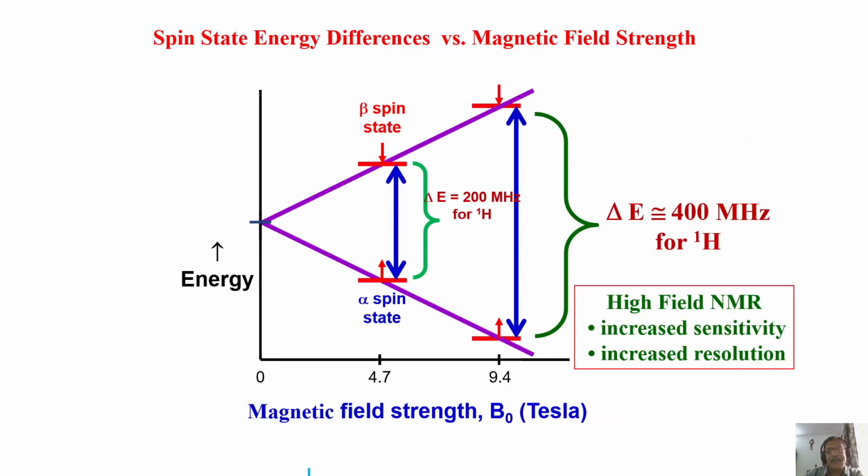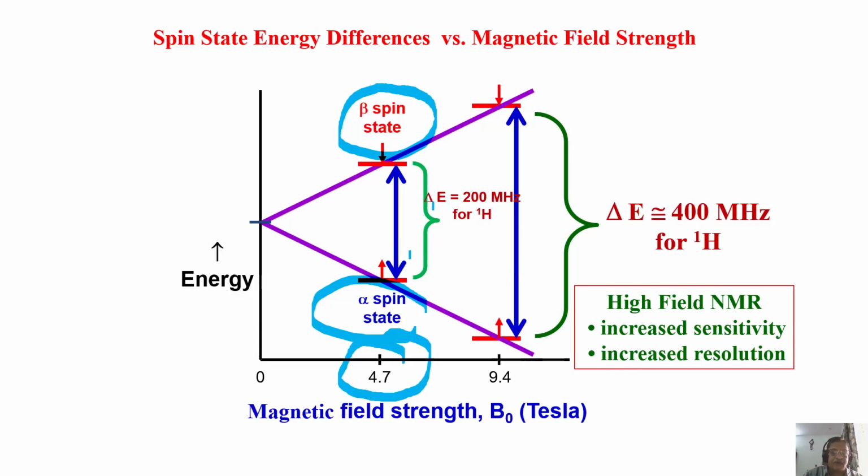Okay, this is the diagram of energy level separation, which tells you what happened to the two spin states. I'm taking an example of spin half nuclei. When I double the magnetic field, these are the two energy states. This is the alpha state. This is the beta spin state. This separation, we calculated the energy for a magnetic field of 4.7 Tesla. We put it into that equation: nu is equal to gamma into B naught over 2 pi. B naught is 4.7 Tesla. Gamma is known. 2 pi is known. You calculate. Delta E turns out to be 200 megahertz in a magnetic field of 4.7 Tesla.